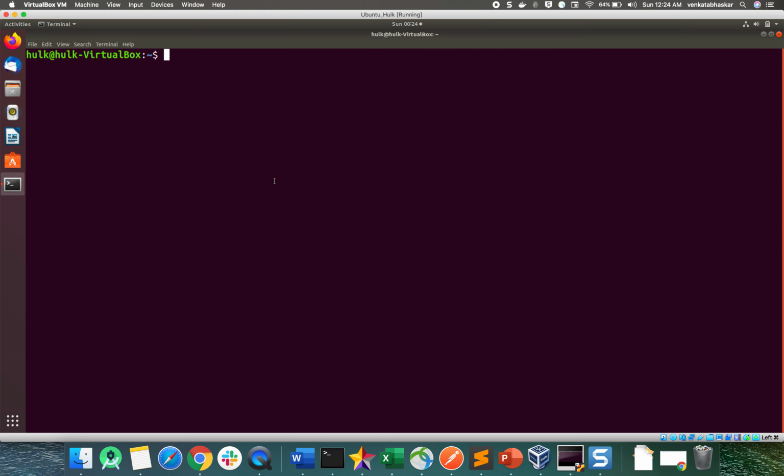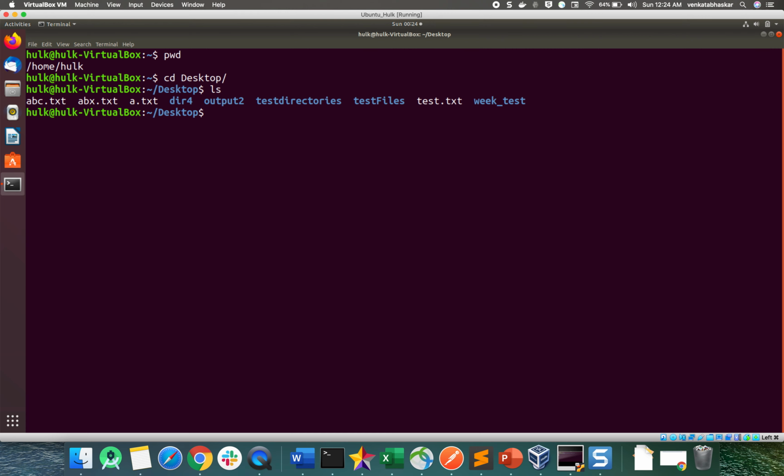Before that, just check where my current working directory is. I am moving to the desktop and running the ls command. Here I have a few files, so let me remove them. How to remove them we already discussed in the previous tutorial. If I use rm with a star, all files will be deleted.